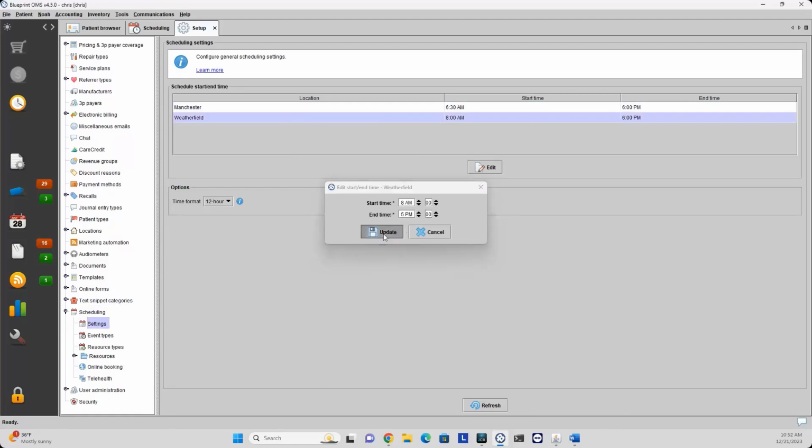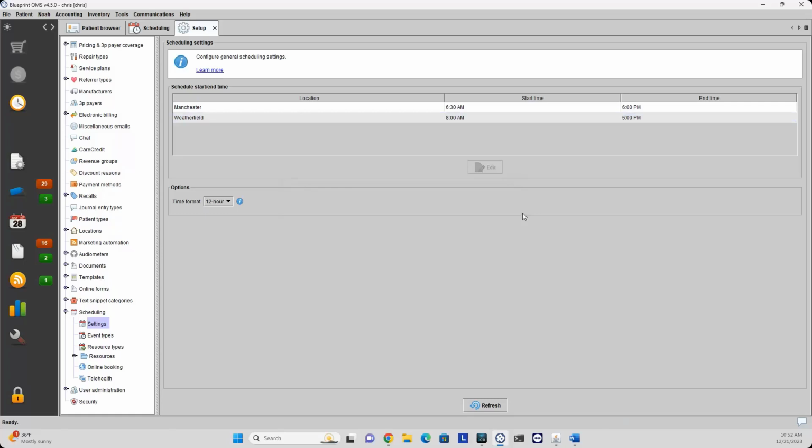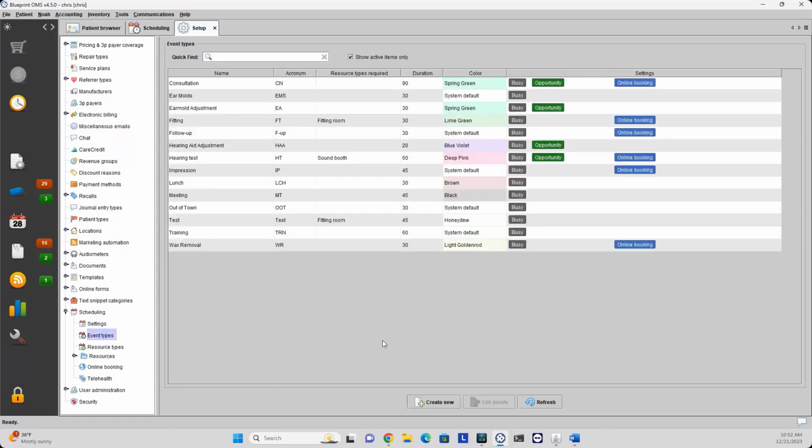Again, maybe the Weatherfield location will start closing at 5 o'clock. We can make that adjustment. We would just need to log out of Blueprint and log back in in order to see that change take effect. Below that, we are going to have the event types as well, which will essentially